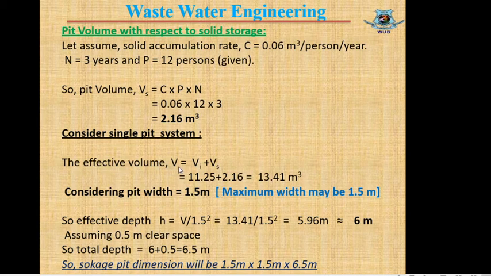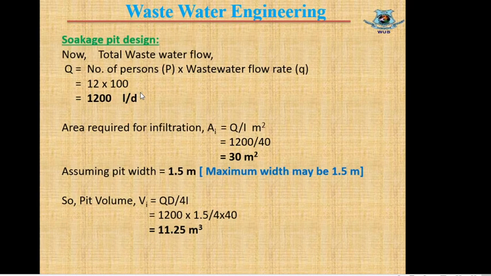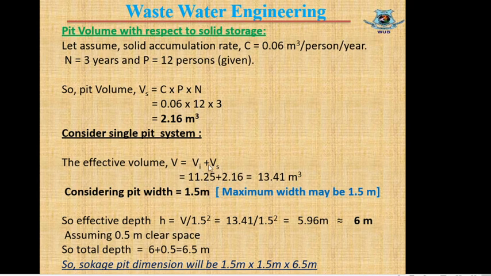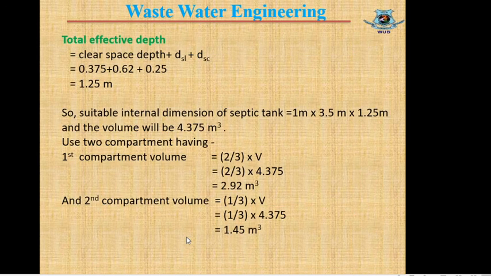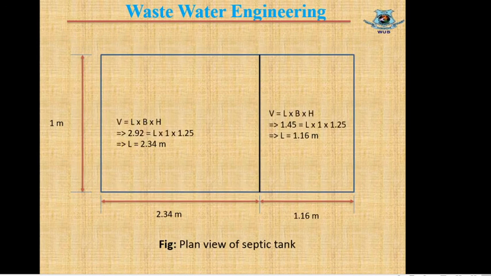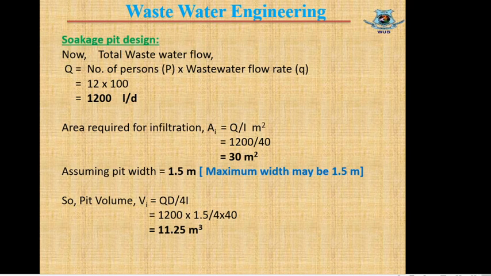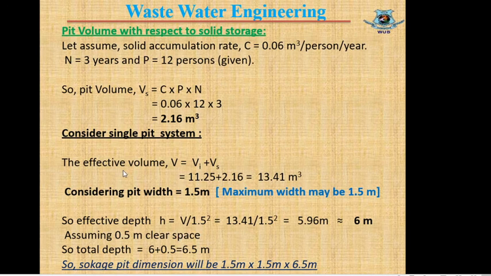So the effective pit volume per single pit will be the sum of V_s plus V_i. V_s equals 2.16 and V_i equals 11.25, just calculated in the previous slide. So finally the total effective volume stands at 13.41 cubic meters, and considering again the same width,